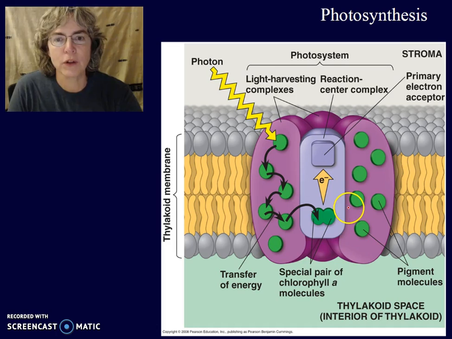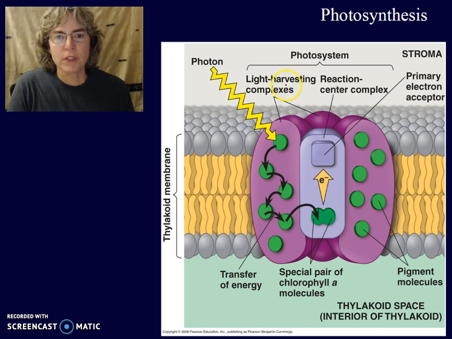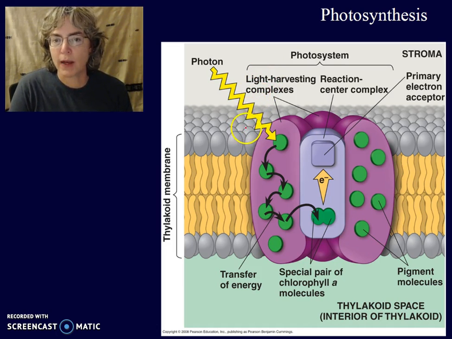Okay, so let's take a closer look at a photosystem. So in photosynthesis, we have photosystem 2 and photosystem 1. And in each one, there is a protein that has our chlorophyll A pigment molecules. And the photon, the energy photon, comes in and energizes the electrons in this chlorophyll molecule. So let me show you